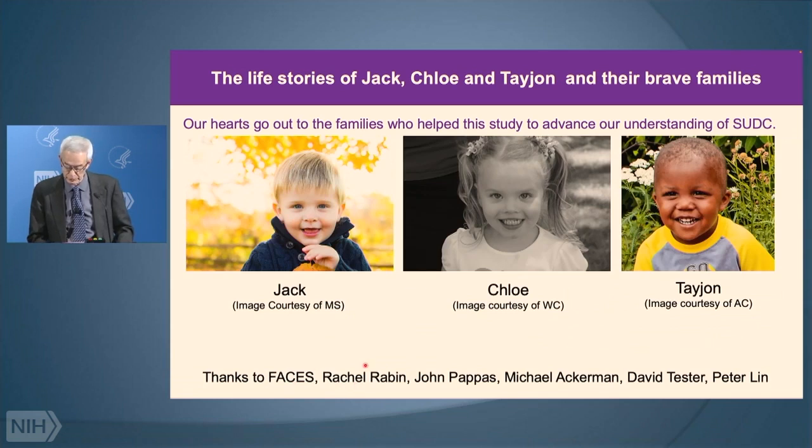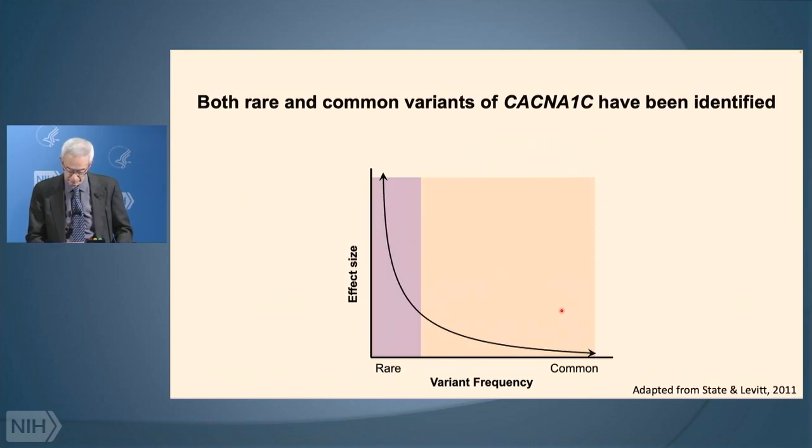And these are pictures of 3 of the kids whose mutations are actually known. There are enough of the mutations so there's no problem about confidentiality. And these pictures were provided by the families as part of their fervor to try to gain more public support for the idea of studying this devastating disorder.